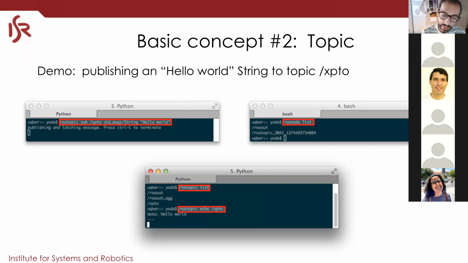Yeah, I think so. Sorry, I did not finish. So you have the advertise, which is I declare myself as a publisher of this topic. And the first time you have an advertised topic, it is, so to speak, created. And then I have a second operation, which is publish, okay, which is when this ROS topic will send this message to that topic. Was that more clear? Yeah, I think so. Thanks.